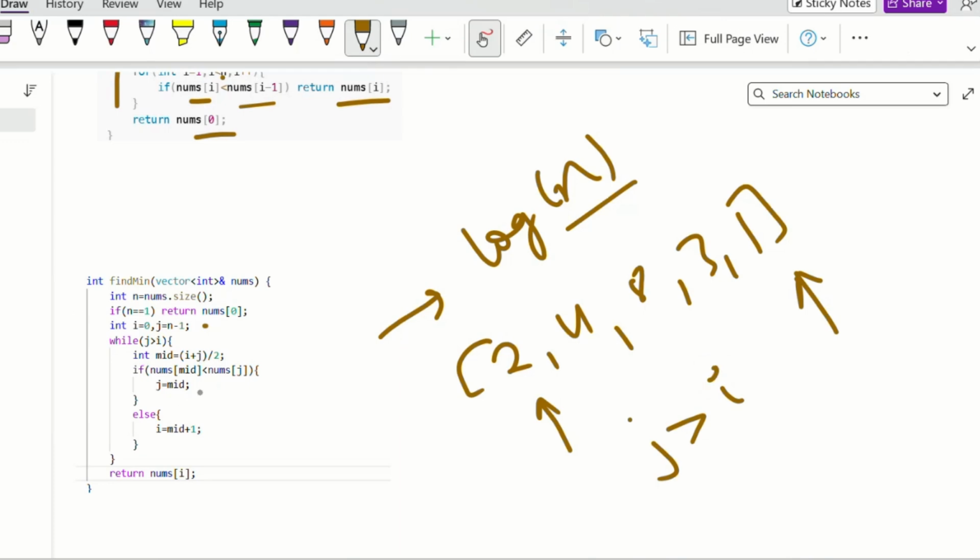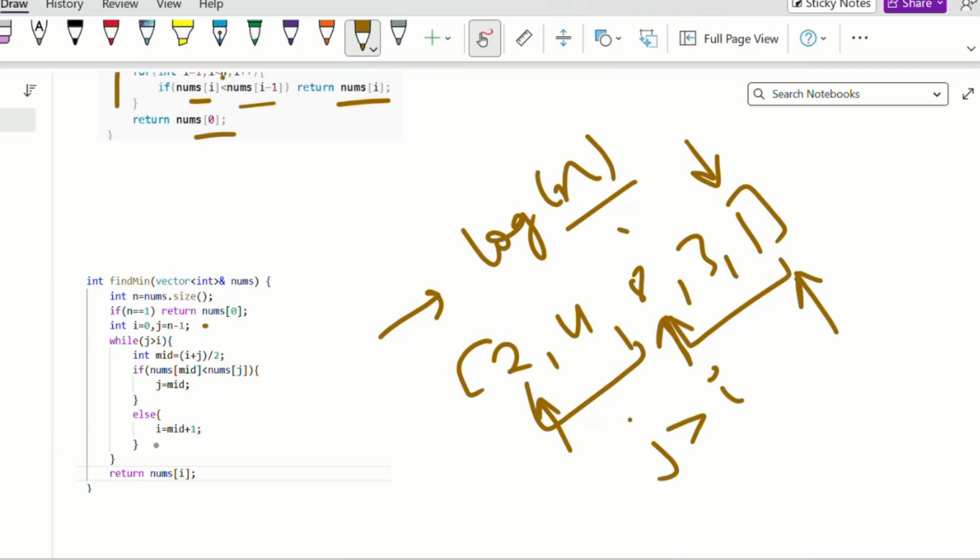Then we will check if our last element value is greater than our mid value. Then that means this side is already sorted, so we need to traverse on this side. So we can do j equals mid.